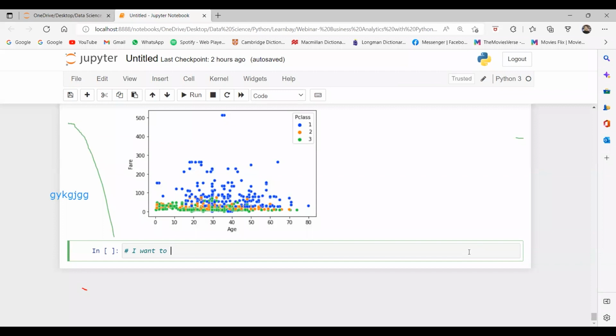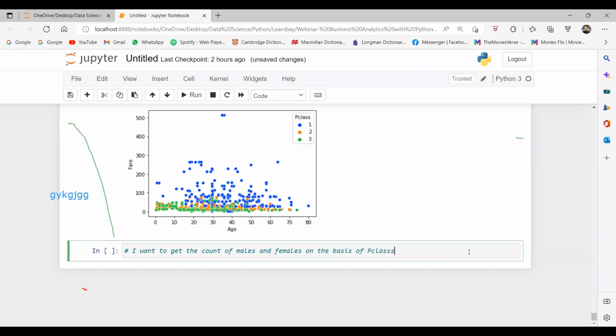For example, I want to get the count plot of males and females on the basis of P class.